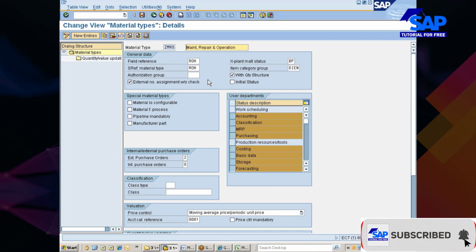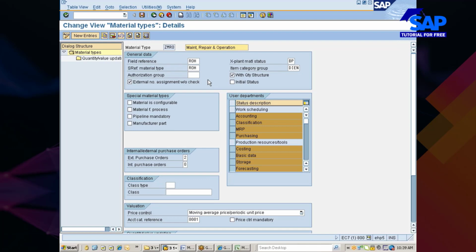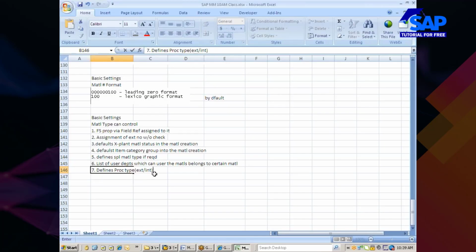These kinds of materials, do you purchase or do you manufacture them? Based on that, the procurement type indicator will be defaulted automatically into your MRP2 view. So you can say it defines the procurement type indicator in the MRP2 view.